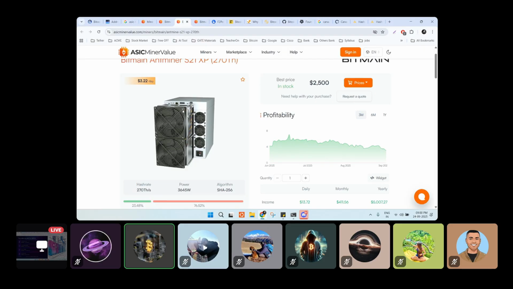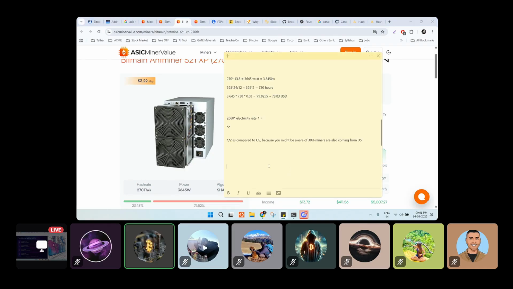You just need to know how much power you have to give, and based on that, you prepare a PSU, power supply unit. Power supply unit is the same for everyone. You just need to know how much power you need to give to the ASIC,